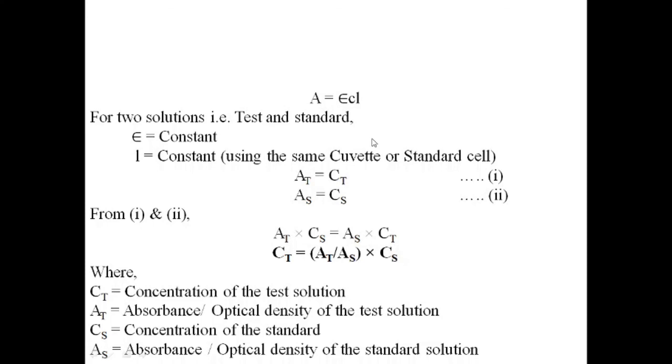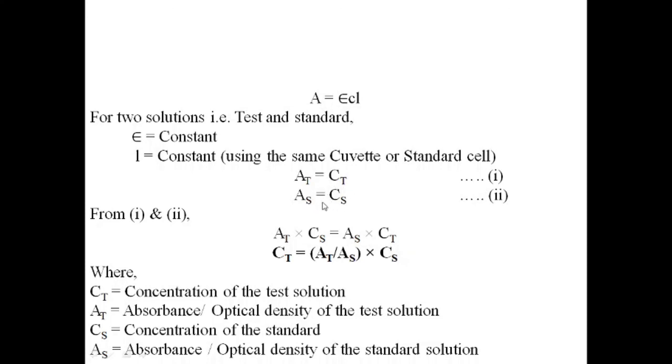So now, as we saw just now in the procedure of colorimeter testing, the standard solution is to be used for calibration purposes, and then the solution under test can be put in the cuvette. Because of the calibration part, we can say that this equation can be used two times. First time, A_T stands for absorption of the solution under test and C_T the concentration of the solution under test. So A_T is proportional to C_T.